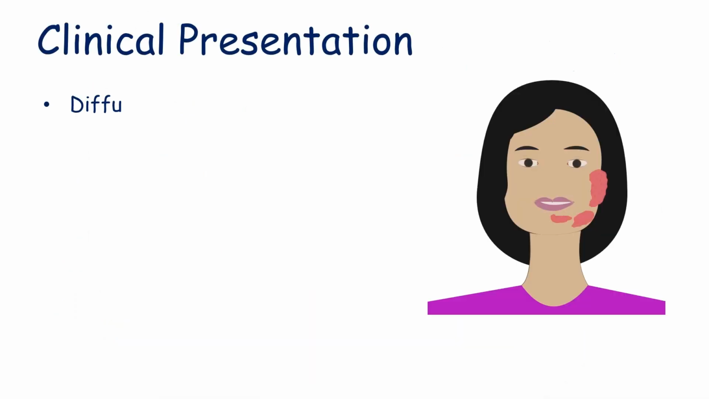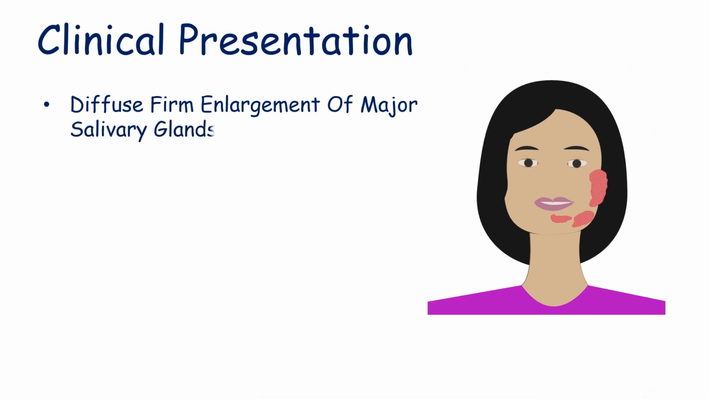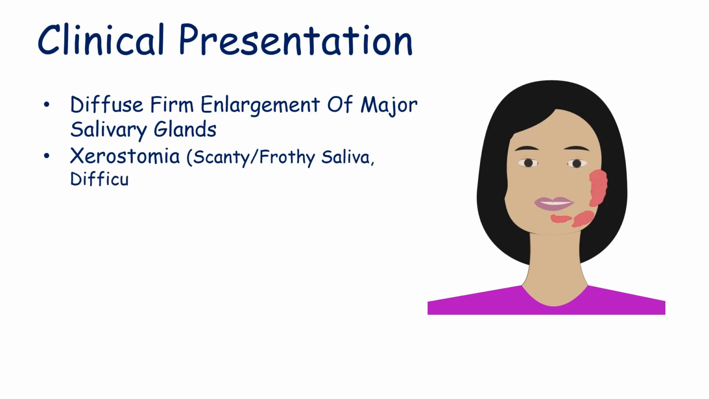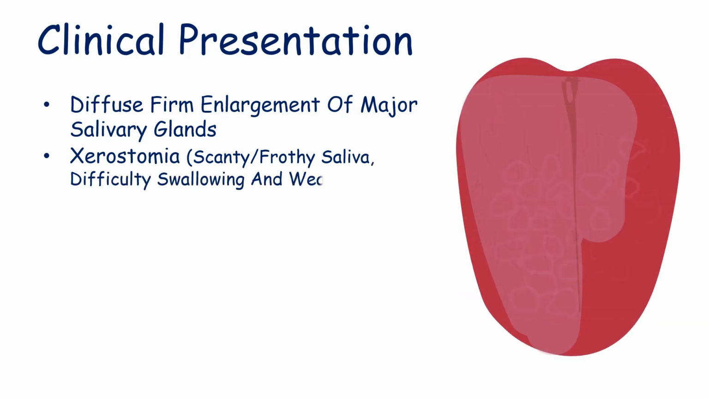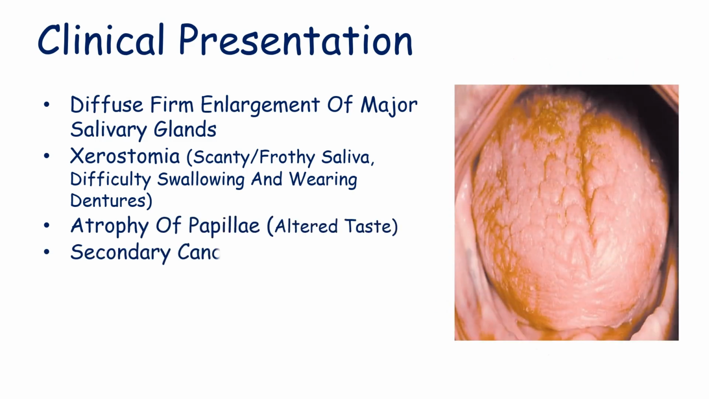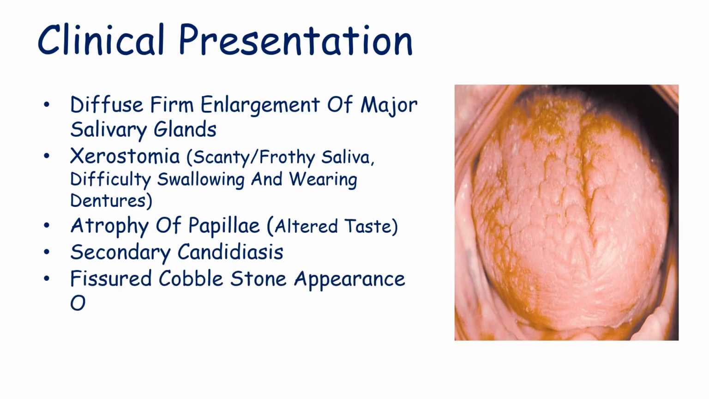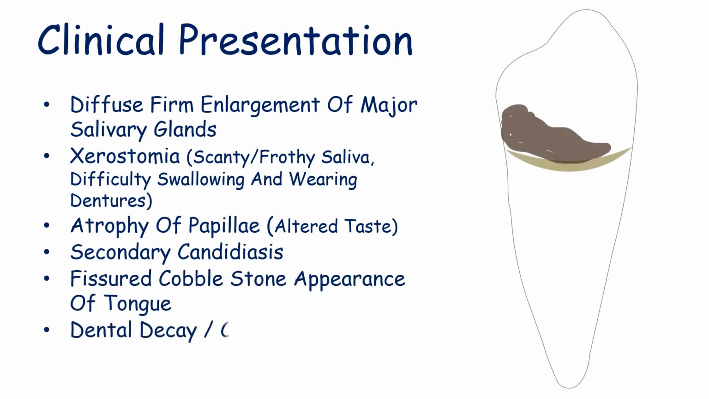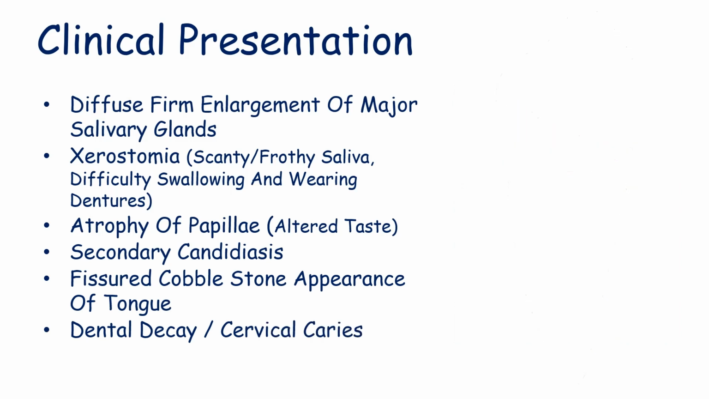The clinical presentations include diffuse firm enlargement of major salivary glands along with xerostomia, that is dryness in the mouth causing scanty frothy saliva and difficulty swallowing and wearing dentures. There is atrophy of the papillae that results in altered taste and increased chance of secondary candidiasis, along with a fissured cobblestone appearance of the tongue and increased chance of dental caries along with cervical caries, that is due to